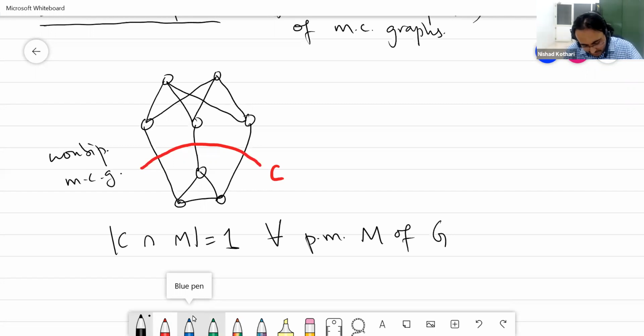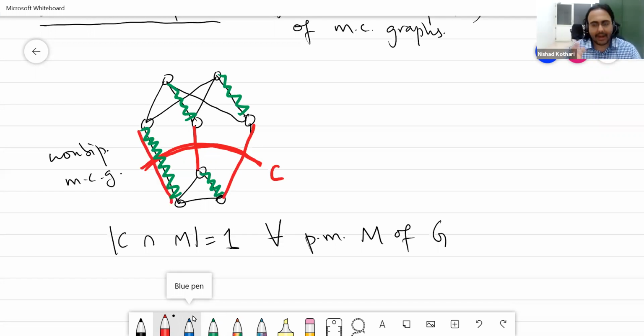Okay, for example, if you take the following perfect matching, if I take this edge, then I will have to take this edge, and then I have some freedom. So if you look at the red and the green, red is these three edges, the three edges crossing the red line. If you look at the red and the green, there is exactly one intersection between them. And that is what a tight cut is. Okay, so such a cut is called a tight cut.